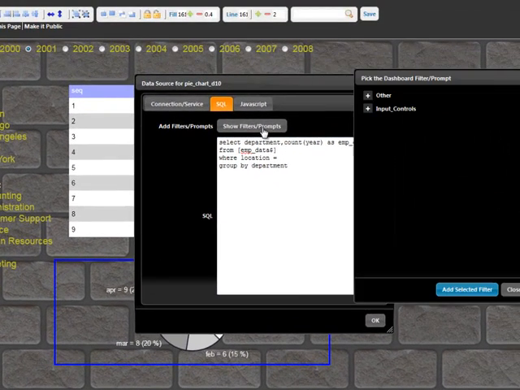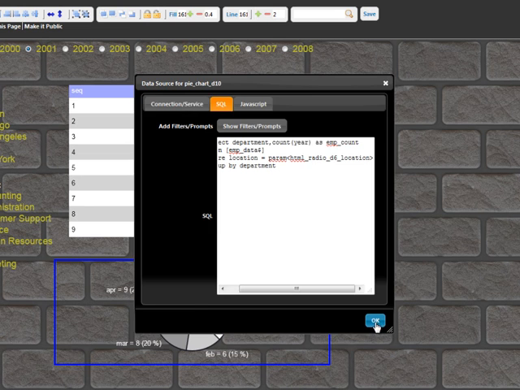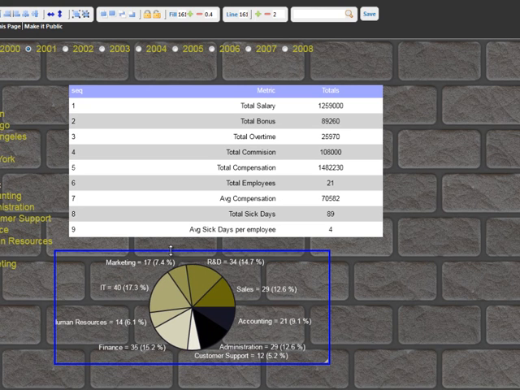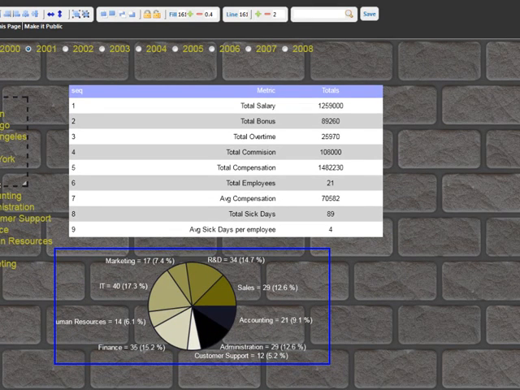So in this case, I'll pick the control and I say location. I click on add and I click OK. So now this pie chart is showing me the employee distribution for Boston,